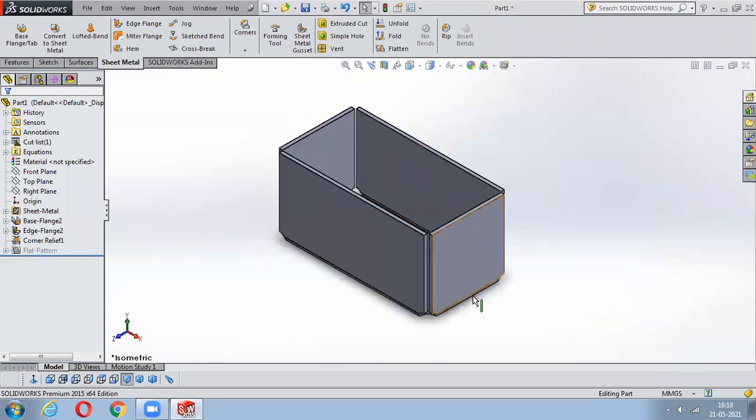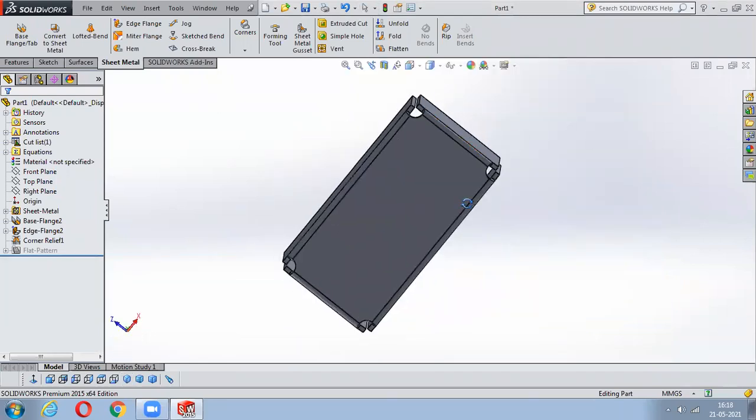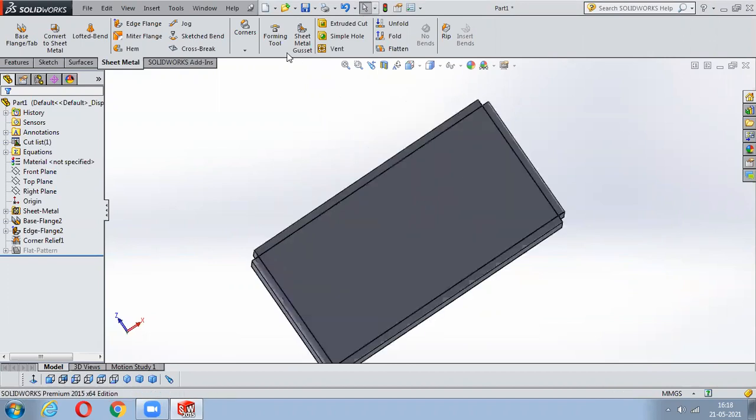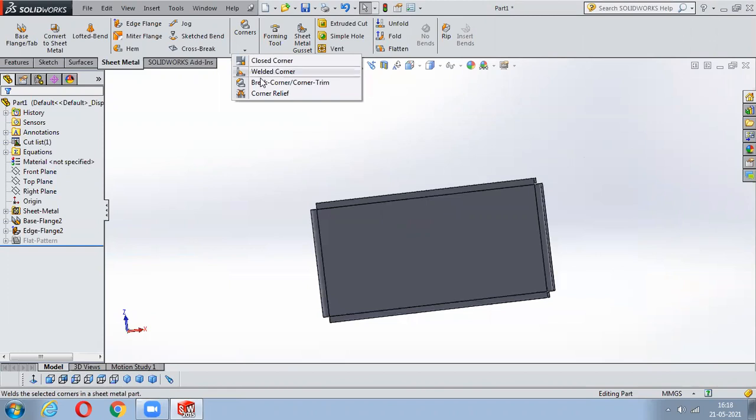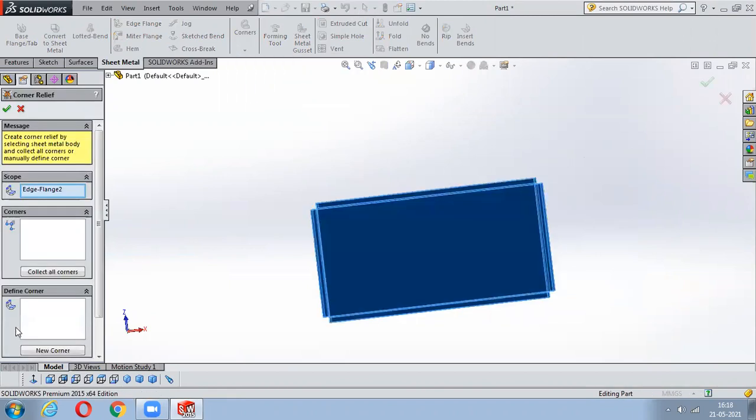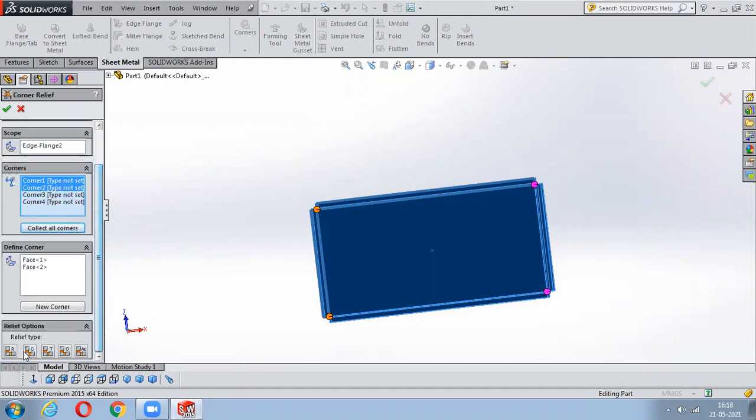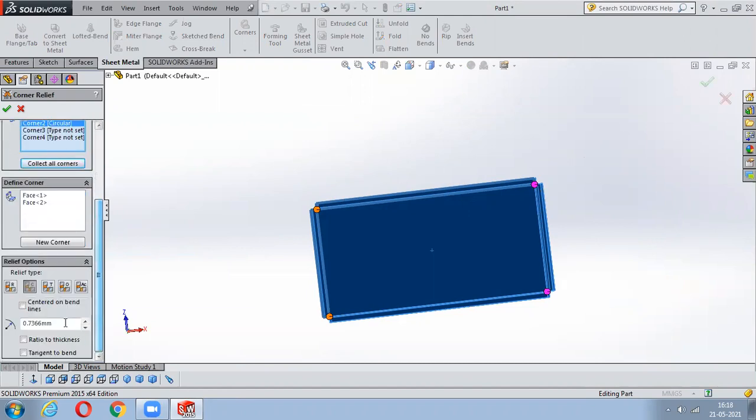So got it, right? Why to use these corner reliefs? At the same time, in this corner relief, you have different types of corners. If you go to this corner relief and say collect all corners, even if you want to remove some of the corners, you can just click on these points. Once you click on these points and give the corner reliefs, they won't take the corner reliefs.